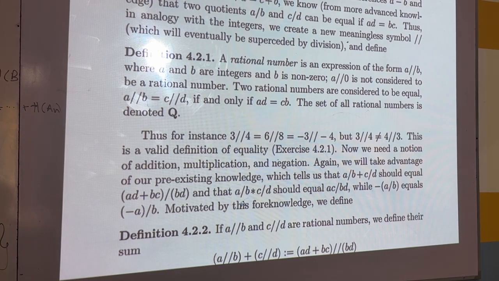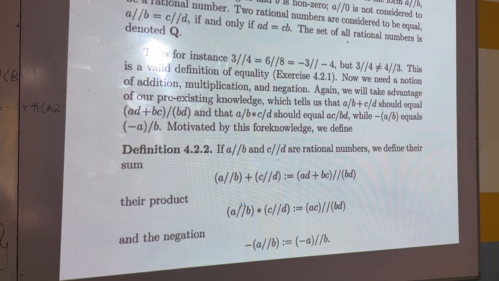Now we need the notion of addition, multiplication and negation. Again we will take advantage of our pre-existing knowledge, which tells us that a/b plus c/d should be equal to (ad + bc)/bd, and that a/b times c/d should be equal to ac/bd, while minus a/b equals (minus a)/b. Motivated by this foreknowledge, we define,